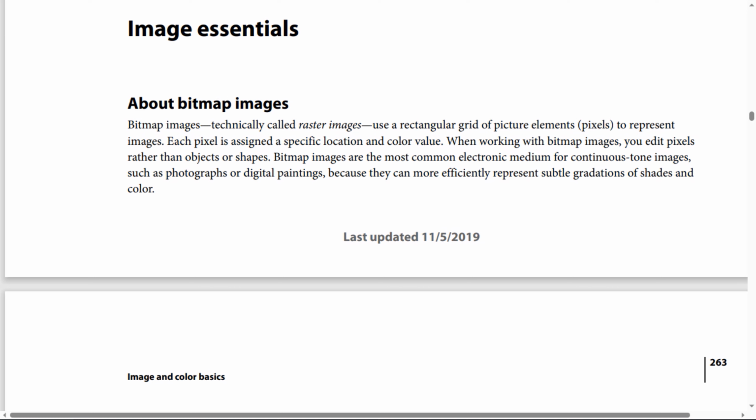Bitmap images, technically called raster images, use a rectangular grid of picture elements, or pixels, to represent images. Each pixel, by the way, is assigned a specific location and color value. When working with bitmap images, you edit pixels rather than objects or shapes. Bitmap images are the most common electronic medium for continuous tone images, such as photographs or digital paintings,